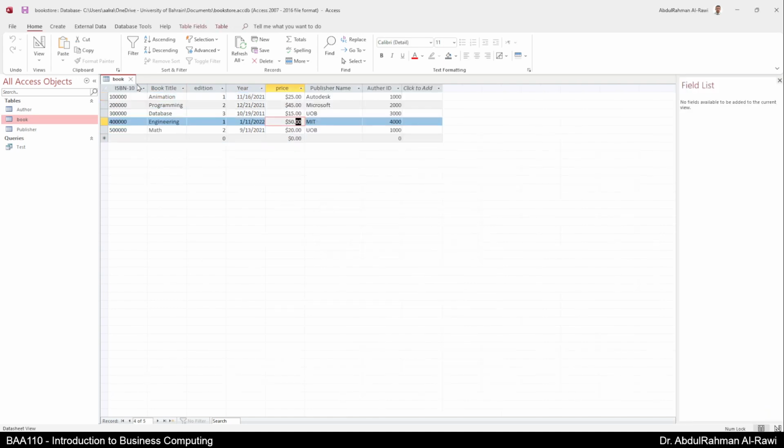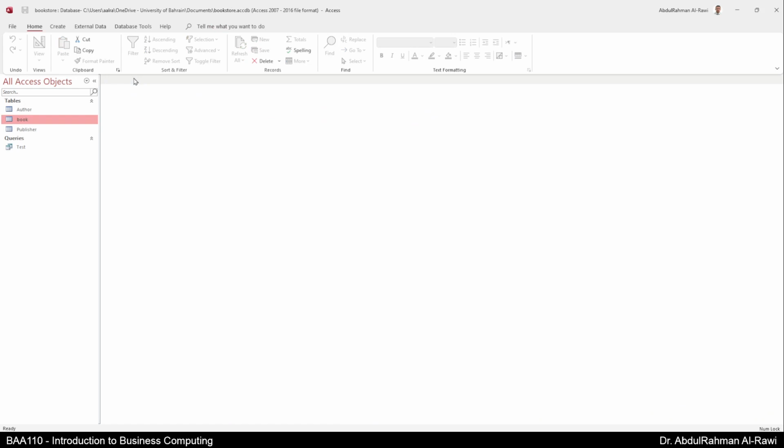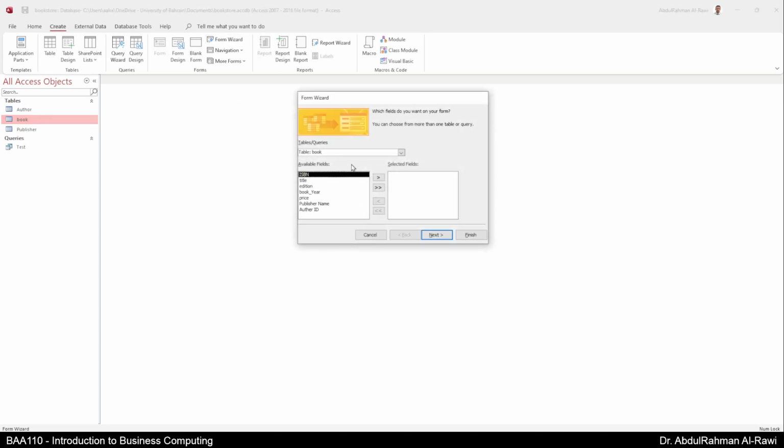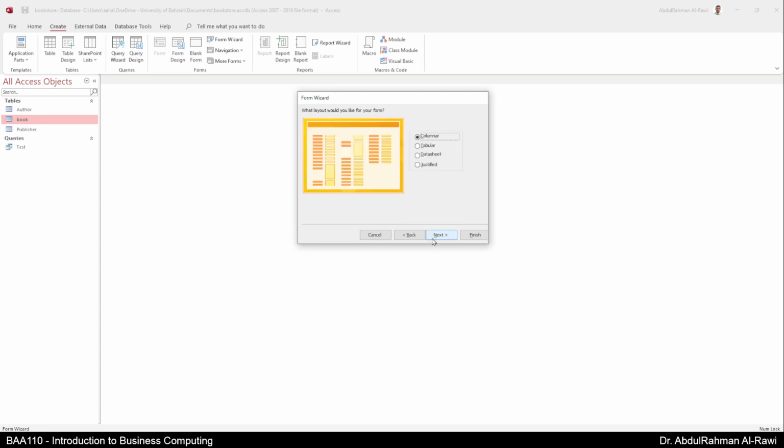There are 2 other objects that we need to explain here, which are the reports and the form. And the form is a way to display and actually edit your tables. So to create a form, we are going to go to the form wizard. As you can see here, you can select from table or from query or from more than one table. So I'm going to select for now from this table. I'm going to select all the fields in the table. And then next you can select